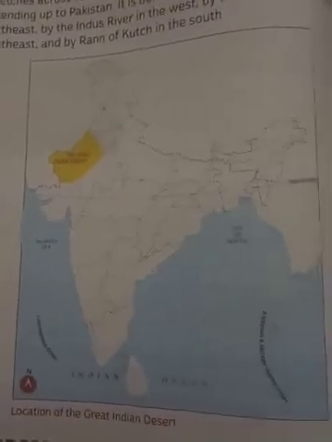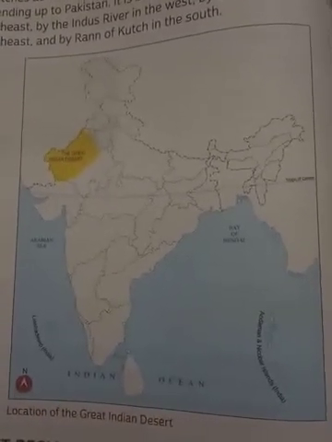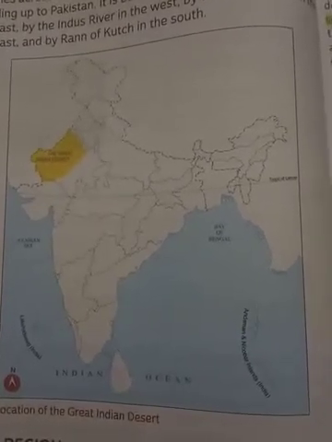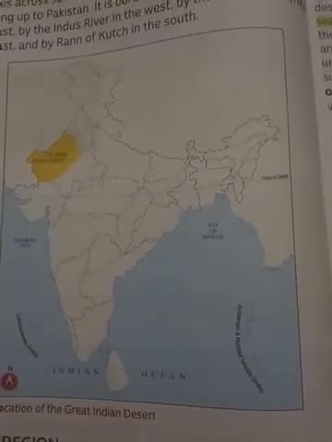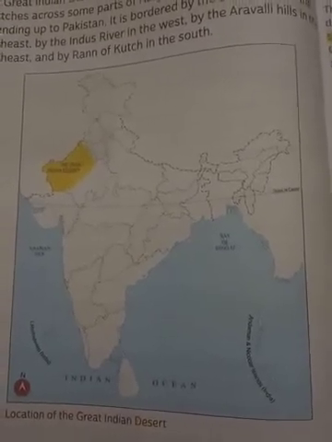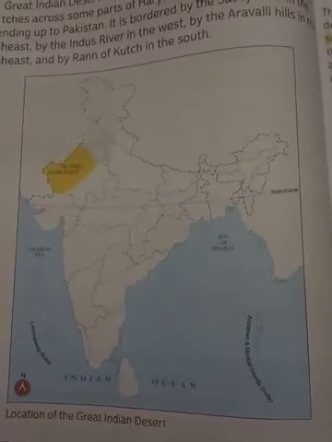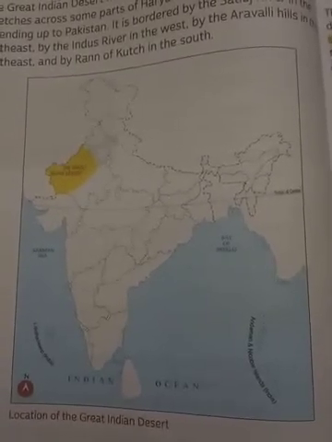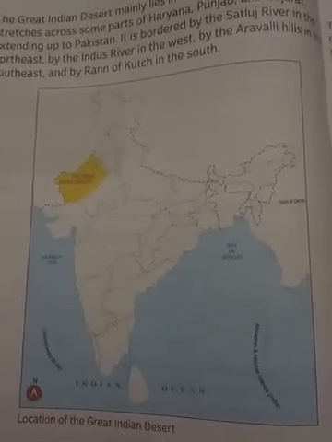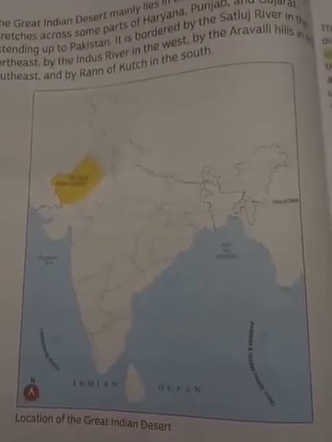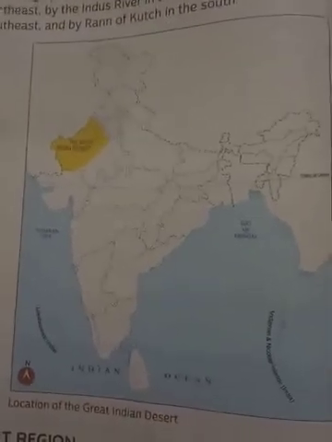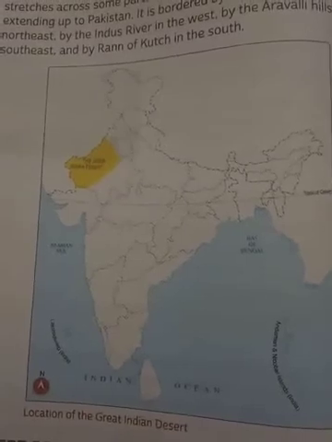To talk about this region, as I said, the Great Indian Desert is made up of loose sand and rocks. This loose sand is blown away by the strong winds to form hills, and these hills are called sand dunes. Sand dunes, what do we call? When the wind blows strongly, the loose sand blows away and forms the shape of hills. And these hills are called sand dunes. The strong wind also causes dust storms. What do we say? Dust storms.